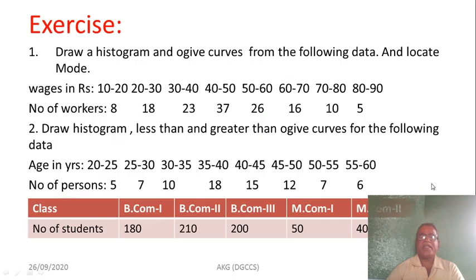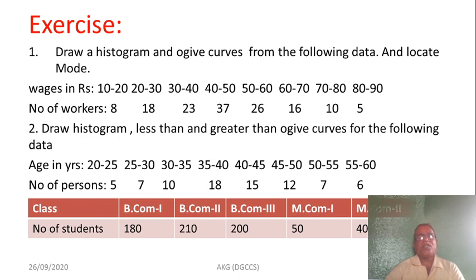So after evaluating some examples, we see how to draw less than ogive curves and greater than ogive curves. So these are exercises for you. These two examples are based on the histogram and ogive curves. Histogram ही काढा आणि त्याचा ogive curve ही काढा. Remember that there are two important things: to draw a histogram, first see the class interval carefully. If there is no equal class width, there is no need to adjust the data. Directly take the class interval on the x-axis and corresponding frequencies on the y-axis and draw rectangles.